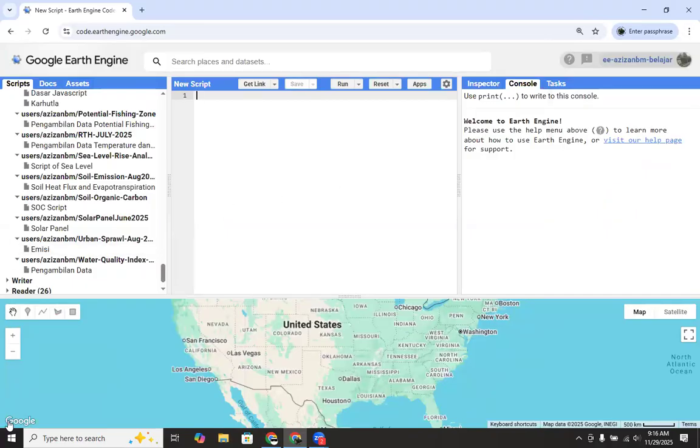And then you should click the script of the sea level, because you can see this is still the default script. After we click the script of sea level, the name of the script is changed to the script of sea level.